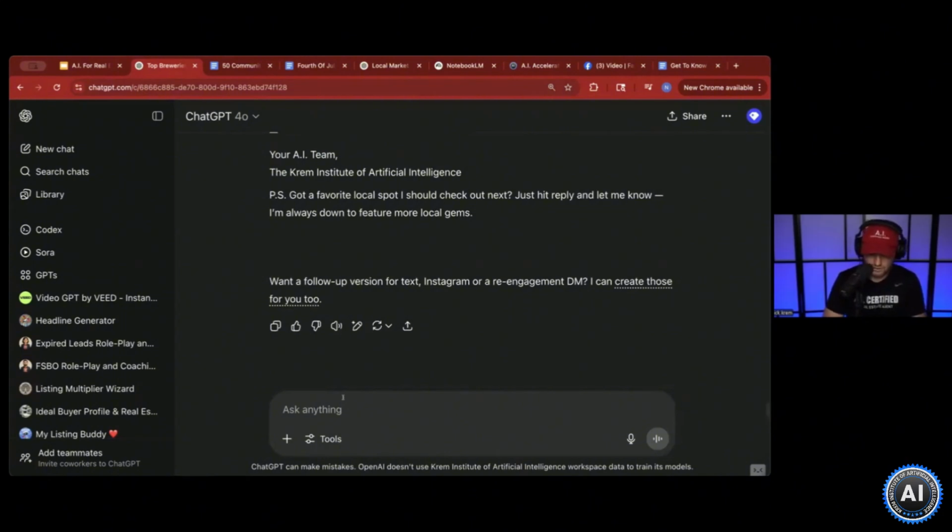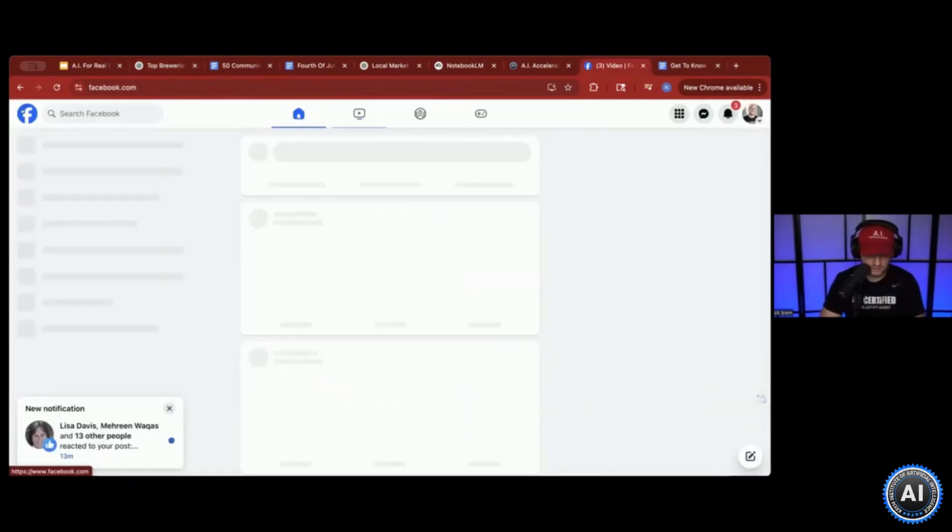So here you go. And then here's another pro tip. And I'll tell you what, family, this is a great pro tip to really get more involved in your community and grow your following. What you would want to do is you can take this and then create a post for Facebook. It is great for just your personal Facebook, but I'll tell you what, on Facebook, there's a place called